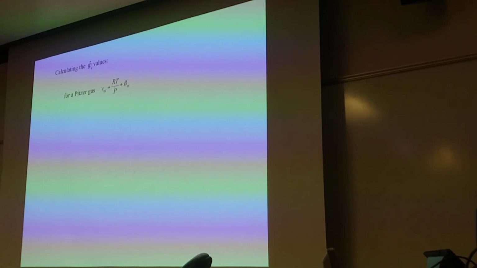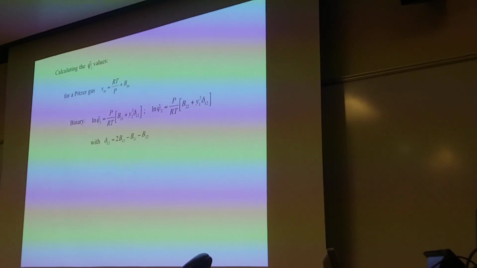Calculating these phi values for the components in this reacting gas mixture, probably the easiest that we've got is if we assume the validity of the Pitzer equation for describing the volumetric behavior of these mixtures. We've worked it out for that case. But you should realize that this is just probably the simplest case. There could be other equations of state that could be implemented as well. But generally, when you're dealing with mixtures, virial expansion-based equations are the best. So if we assume that we've got a Pitzer gas,